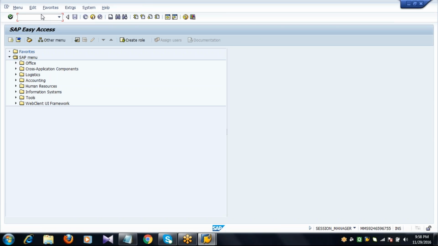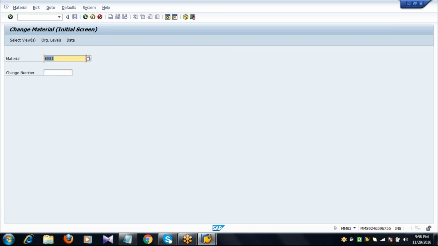Next, maintain quota arrangement usage in the material master. Whatever indicator we have created should be maintained in the material master.